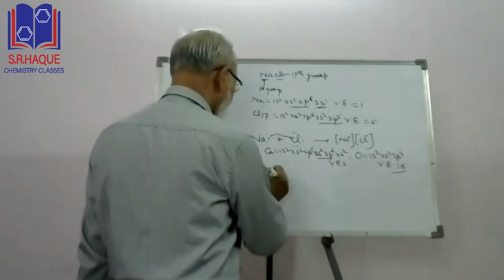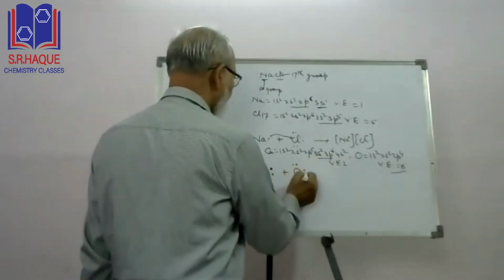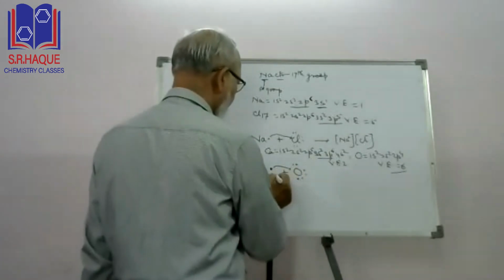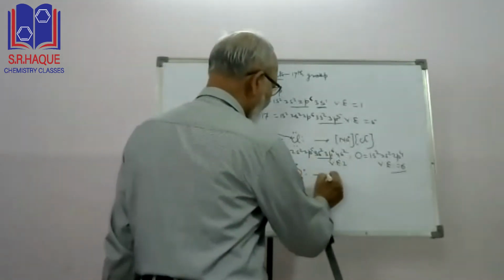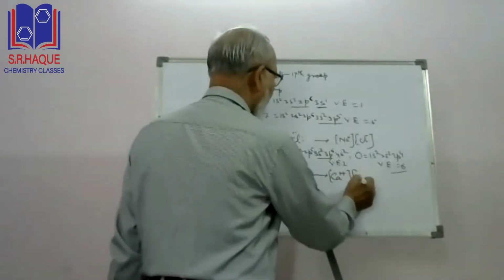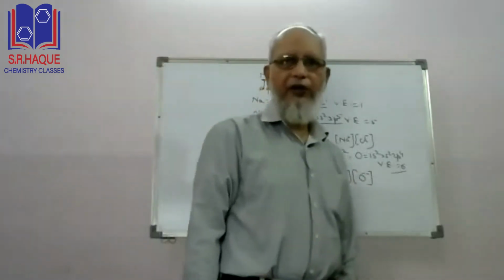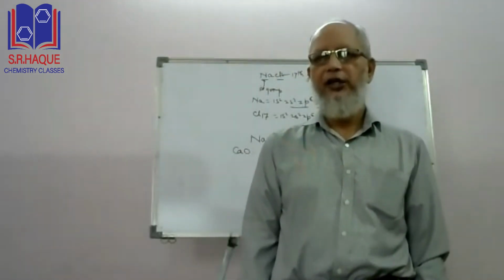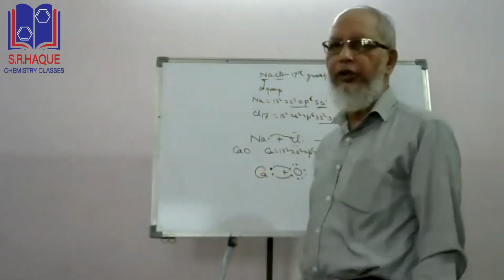So this is your calcium atom, 2 electrons, oxygen 6 electrons. These 2 electrons are transferred. Since 2 electrons are transferred by the calcium atom, it will acquire 2 positive charges, and the oxygen atom will acquire 2 negative charges, changing into oxide ion. Now, the number of electrons transferred or gained by one atom of the element is termed as its electrovalency. So here the electrovalency of calcium will be 2, and that of oxygen will be 2.